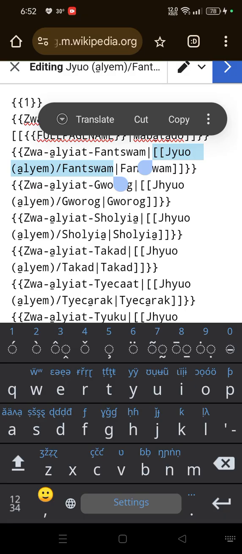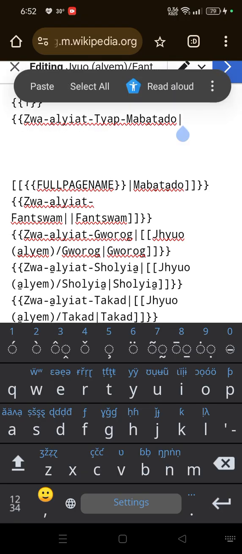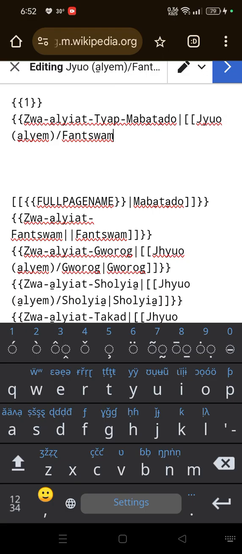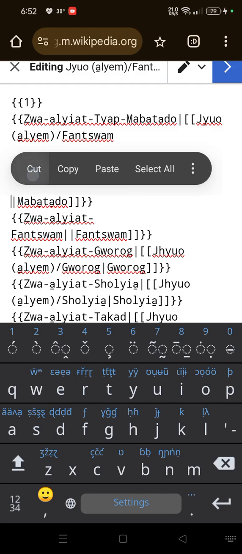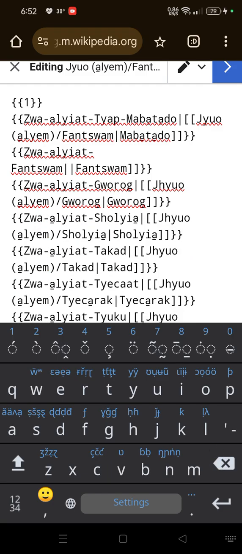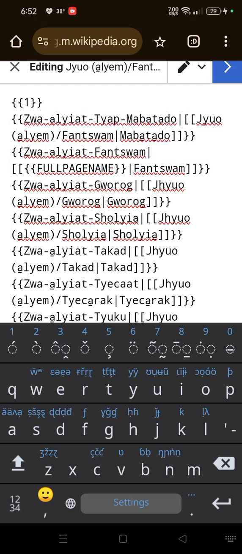to Tyap. We'll cut this one, and then we paste it here. Let's just bring that one down. Let's paste here, and then we copy this very one, up to the closing part of the curly bracket. Then we bring it back and paste it here. So now you can see something has changed after the Joaliad